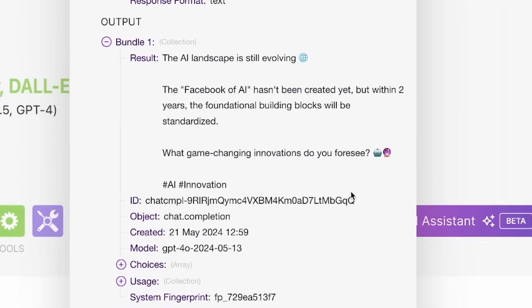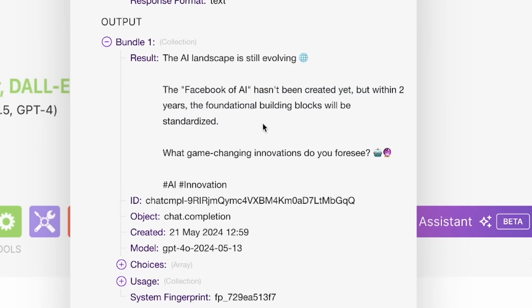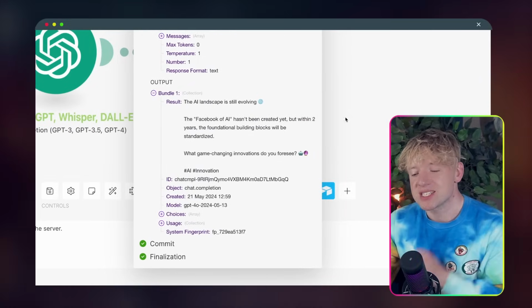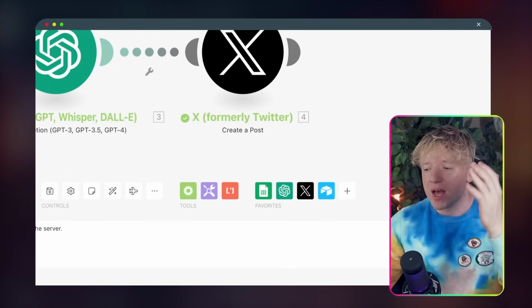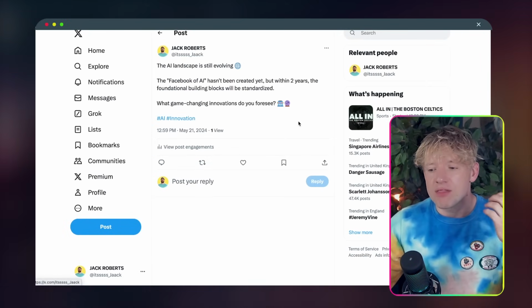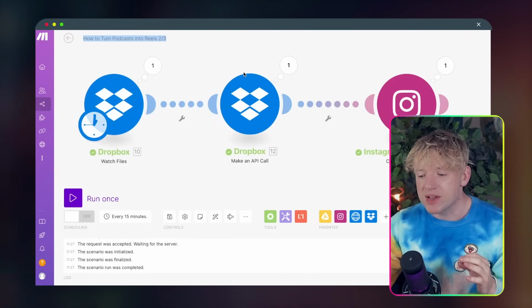"The AI landscape is still evolving. The Facebook of AI hasn't been created yet, but within 2 years, the foundational building blocks will be standardized. What game-changing innovations do you foresee? Hashtag AI, hashtag innovation." And then when we load up Twitter, it's exactly there, ready to be used and go. That's the bit. And then the other bit of that, the Instagram Reels, if I come over here, we've got